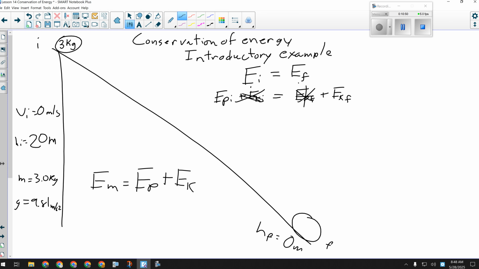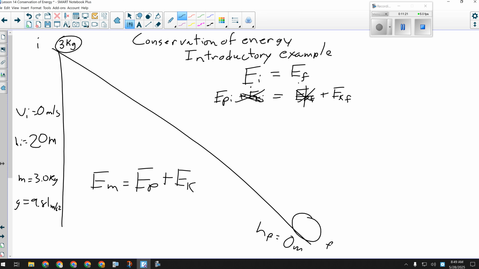That's very similar to what you did in work energy theory. You had to identify what kind of energy was being changed. In this, you have to identify what kind of energy is present based on, is it above the ground? Is it moving? If it's above the ground, it's got potential. If it's moving, it's got kinetic. We'll do situations where it's got both kinds on both sides. It doesn't make them really any harder. So now I'm saying the potential energy initial, the energy here at the top of the hill, is equal to the kinetic energy at the bottom of the hill, which we already established was true.